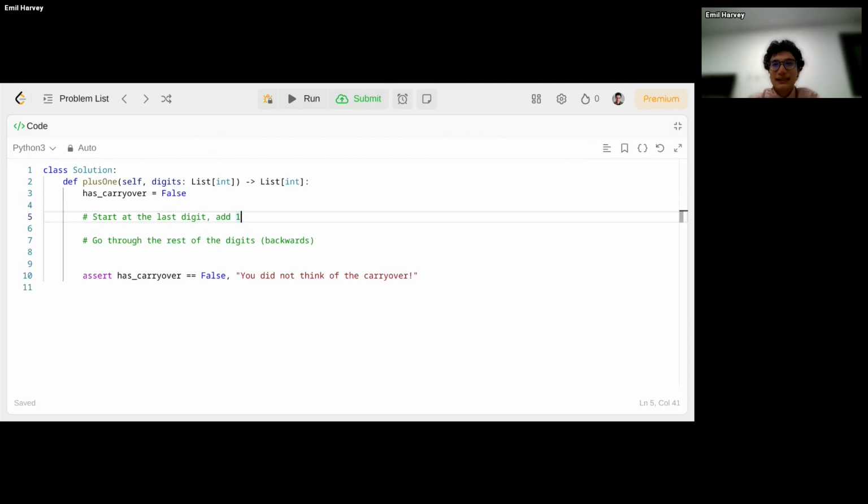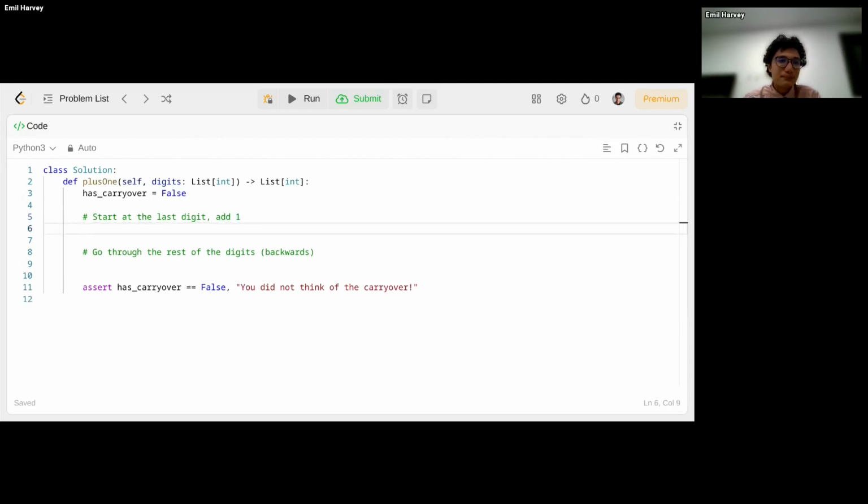So we want to start at the last digit. Python gives you this very convenient thing where if you give it an index of -1, it loops backwards and gives you the last thing. But most programming languages, besides C, will give you some convenient way of getting the last element. If it doesn't, you can just find the length and then use the length -1. But I did not do that, which maybe I should. So it's like the last problem, we're going to be thinking of the last digit.